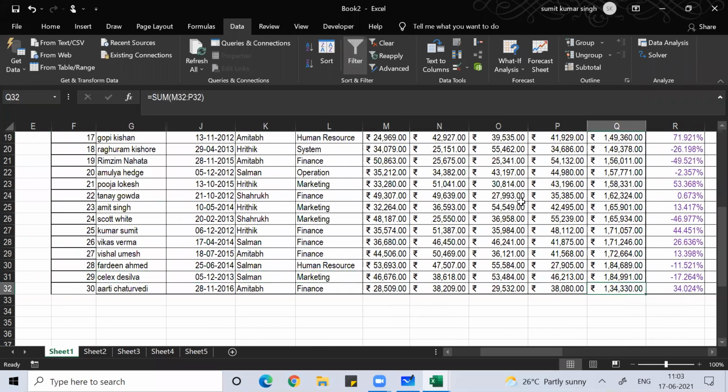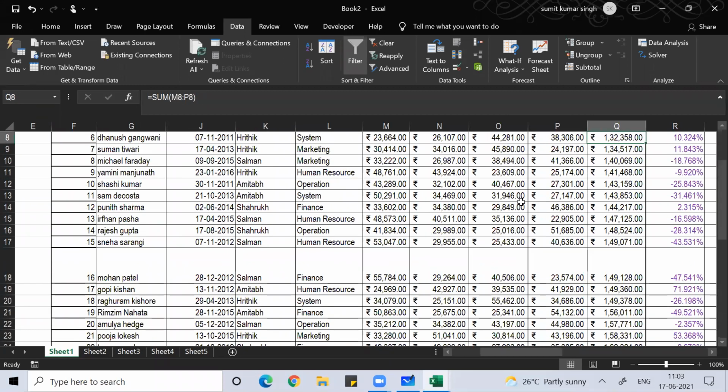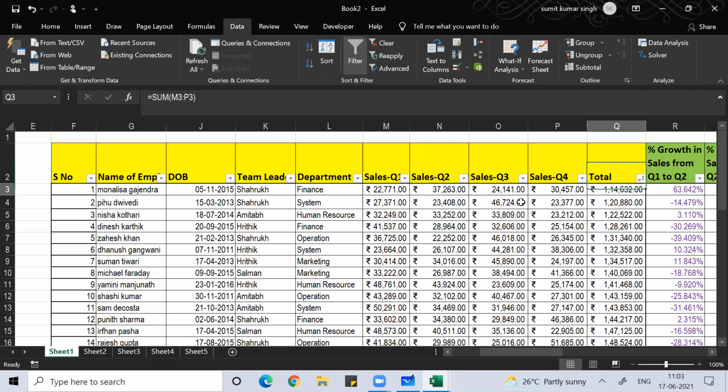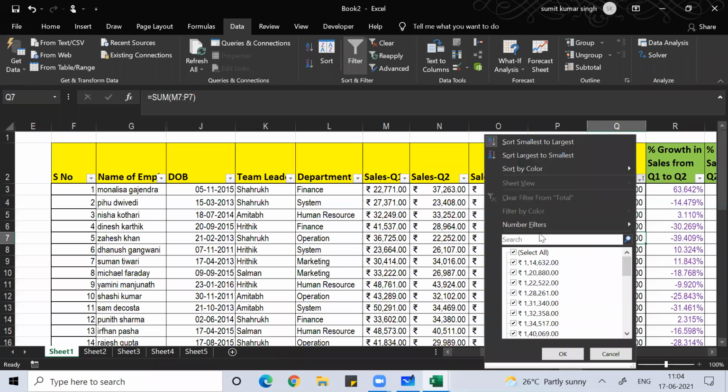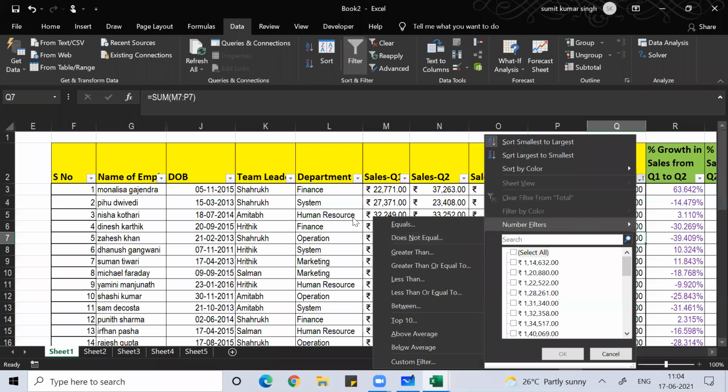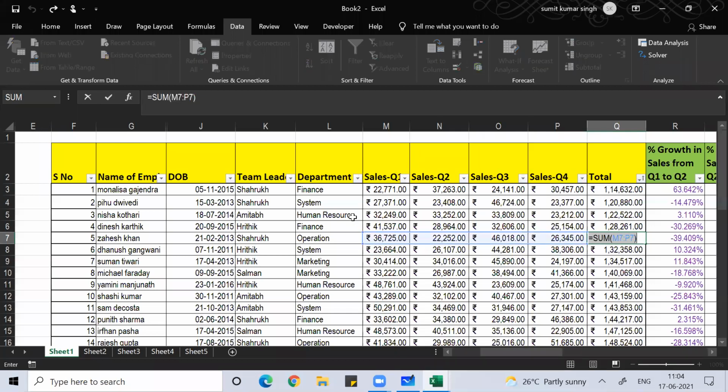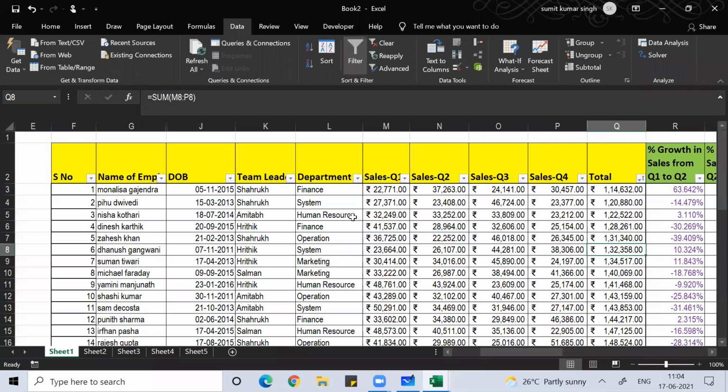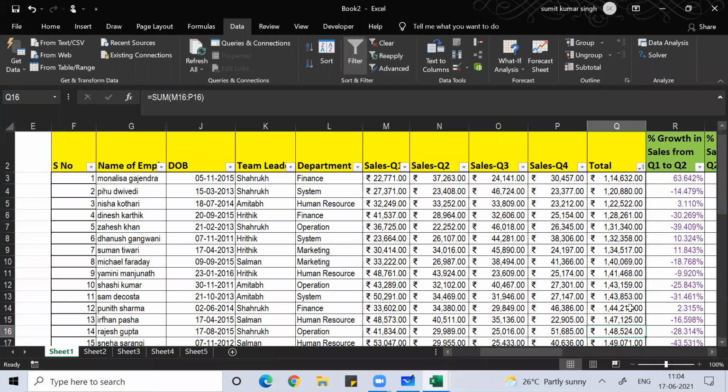So this should be proper. This data, 1 lakh 34, should still come up. Leave that part. So you can see your data is from 1 lakh 14,000 and it went till 1 lakh 80,000. So I want to see the total sales which is more than 1 lakh 50,000. So what can I do? Suppose my client wants those people whose total sales is more than 1 lakh 50,000.